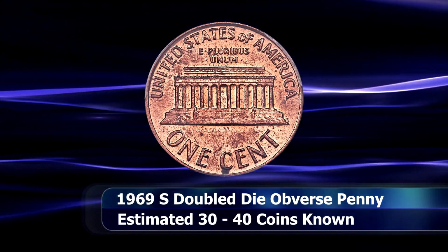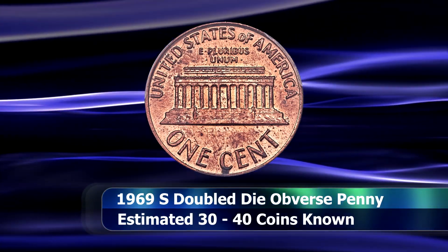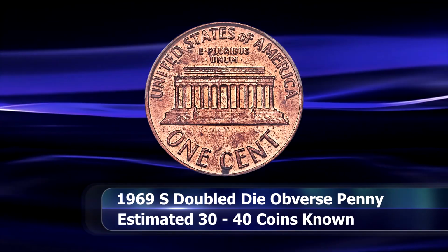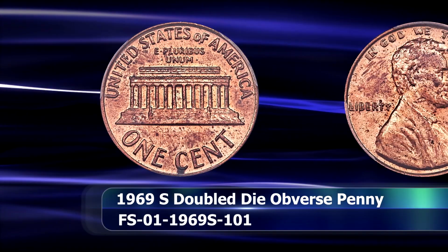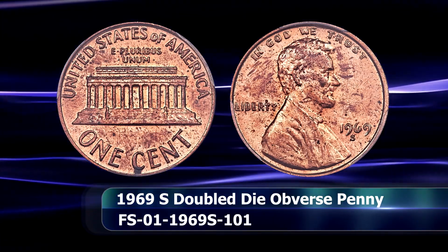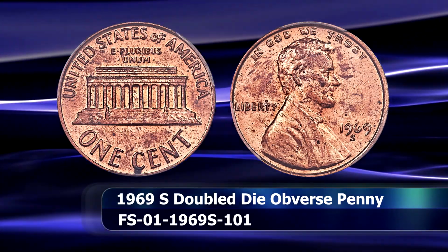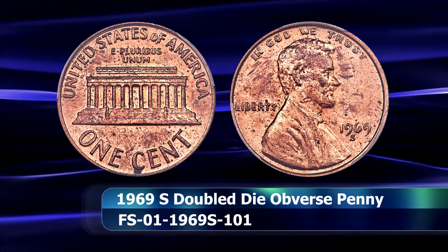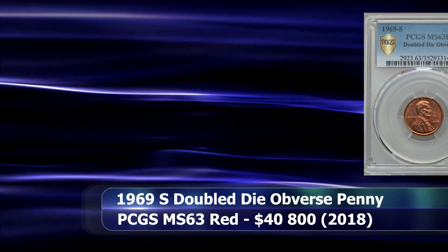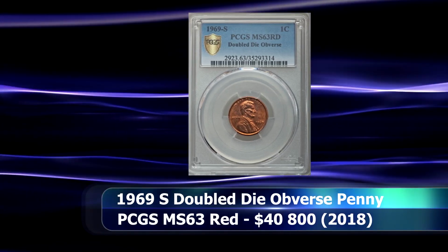in the census report at that grade and one of only 7 pieces listed that still retains full red luster. In total, only 63 grading events are recorded in the population report, although it is known that some of these are cross grades, which means that the number of coins is probably closer to the 30 to 40 range instead. One of the most widely sought after and desirable double-die coins in the entire American catalog, this coin managed to close for